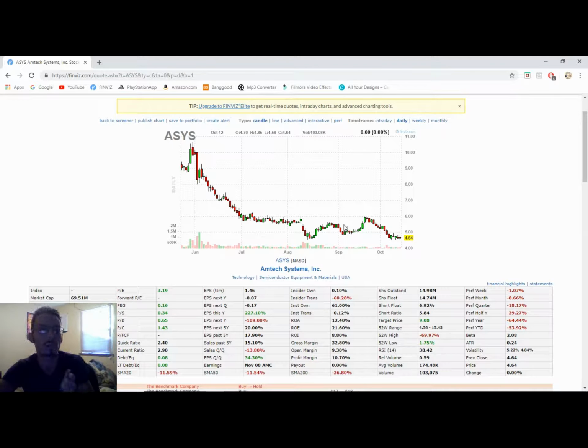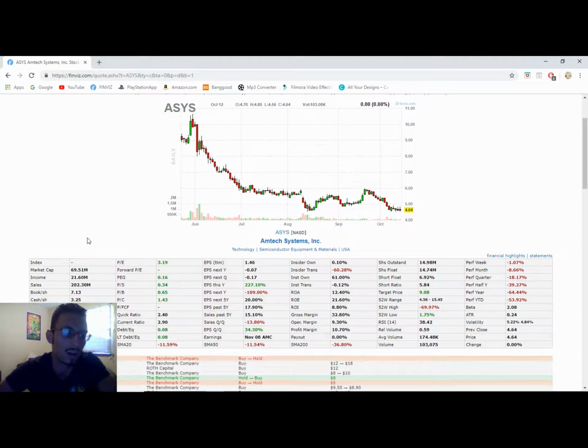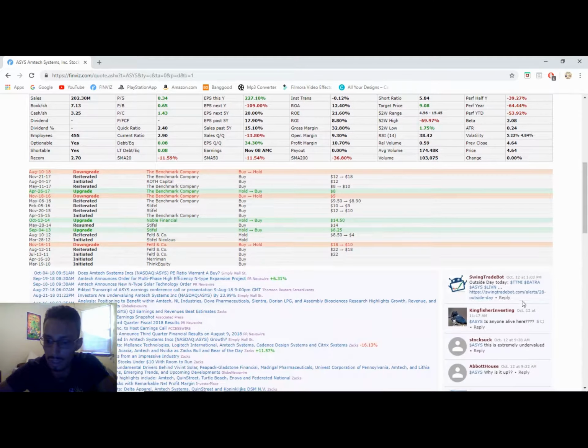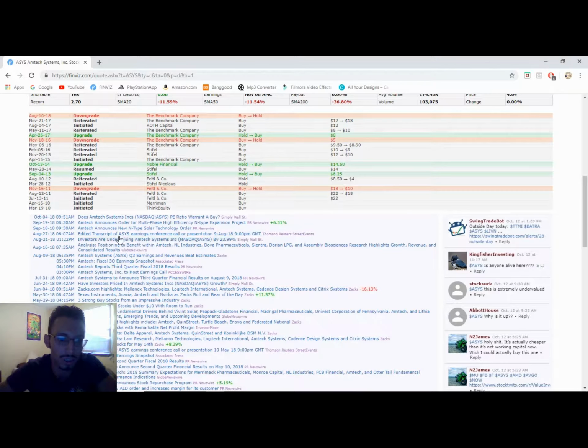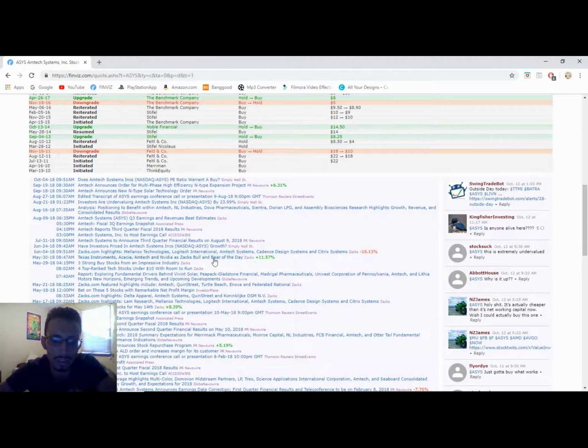If you have the option and can go farther than just Finviz, I would recommend it, as I'm about to do right now. I would go through all this, check it out, make sure everything's pretty decent. You've got StockTwits down here, and you've got news on the stock and what's happening in the news today or in the past that you can check out. You also have these percentages on how the stock is performing after the news was released. It's always good to have around,